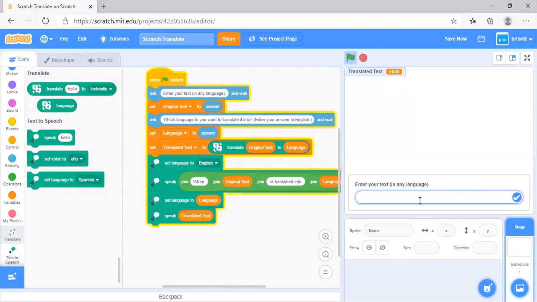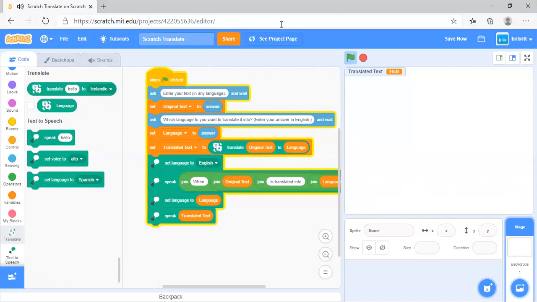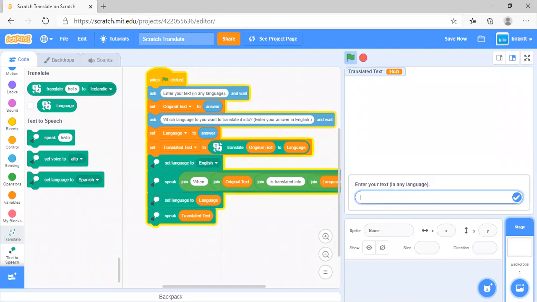For example, if we enter our text, say hello. Alright. And which language do we want to translate it to? Say, let's just say that we translate it to Spanish. I'm not so sure if you heard it speaking, so